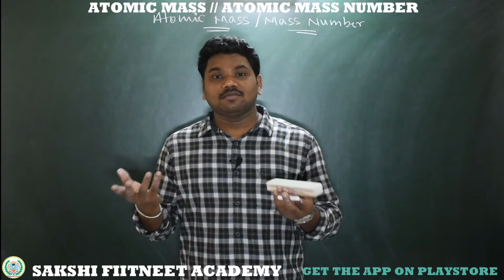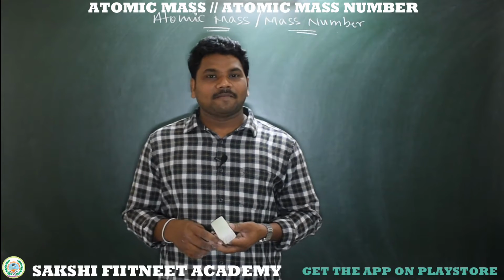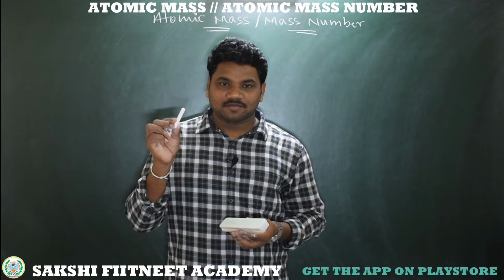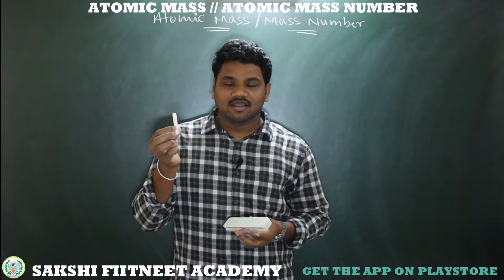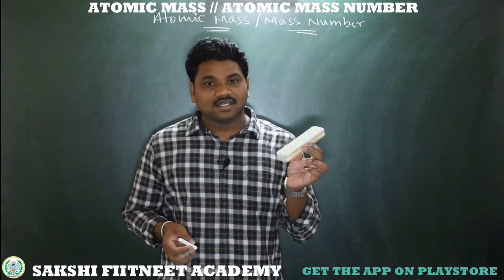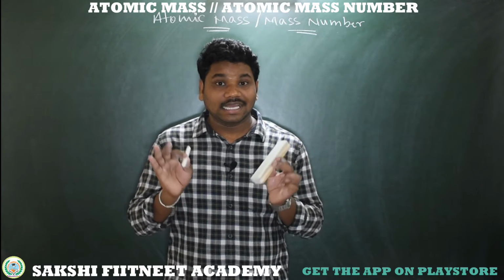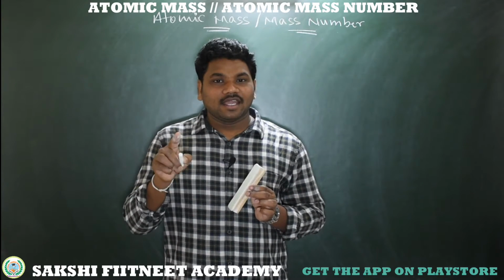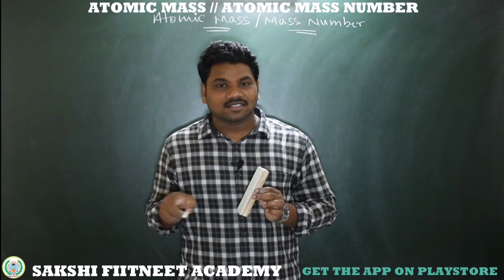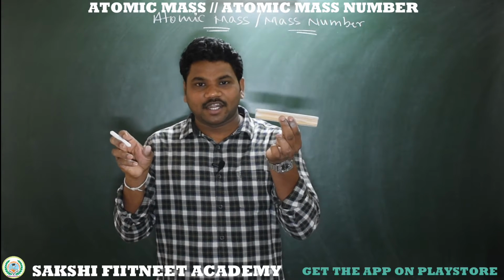So that is the actual difference between mass number and mass. So here actually what is mass? How to calculate this atomic mass and mass number? Simply see here, I am giving an example. This is a piece of chalk. What is the weight of this piece of chalk? Maybe it's 10 or 15 grams. Coming to this duster, maybe it weighs 100 grams or 150 grams. Remember grams. So here I am taking a gram as a reference standard mass unit.